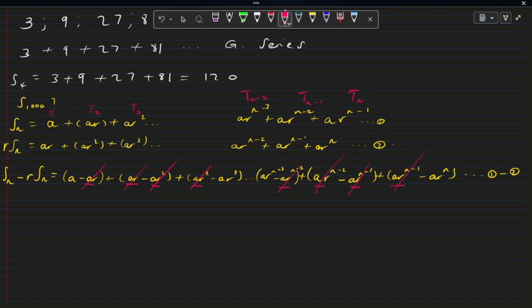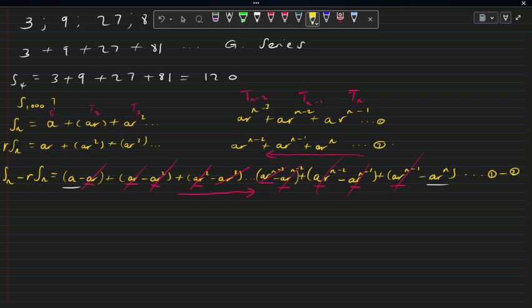Now, very important thing to note is that if I extend the series further in this particular direction, we will find that the following term will cancel this one. And if I do the very same thing here, I extend this series in this direction, the term before this term will cancel this one. Okay, so it means that at the end, I will be left with the first term and the last term. So